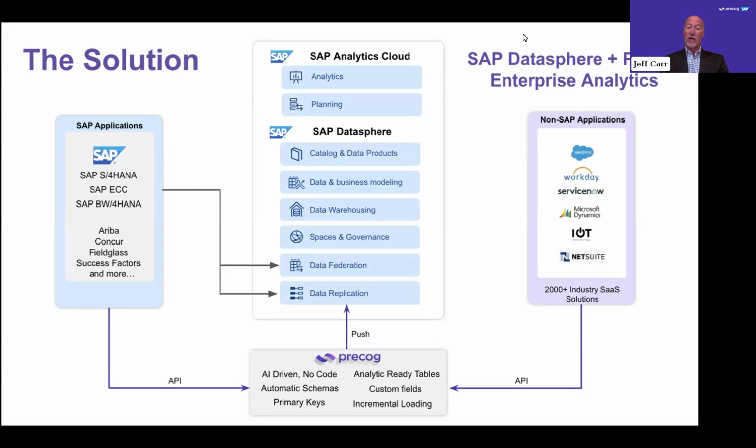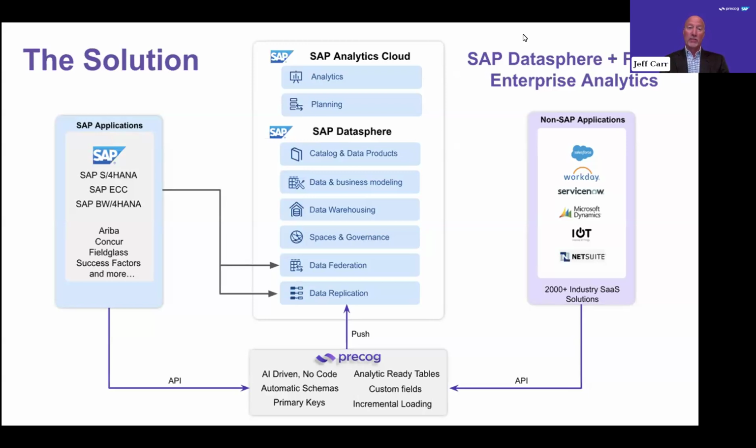Our platform runs in the cloud. It's a SaaS platform. It's a 100% no-code platform. It doesn't require any coding or manual mapping of data of any kind. It does automatic schema detection. It automatically detects all custom fields, which is extremely common for people who have implemented SAP applications and non-SAP applications. It loads all of this data as analytics-ready, AI-ready tables into SAP Datasphere so that you can then do the kinds of things that Kat was just mentioning around analytics, data governance, data catalog, and then obviously use that data in SAP Analytics Cloud as well.